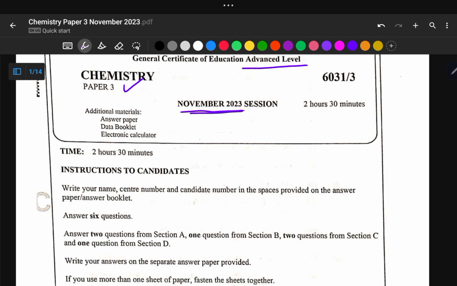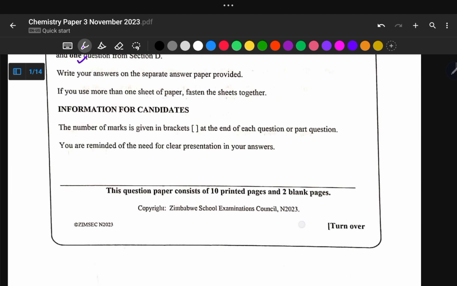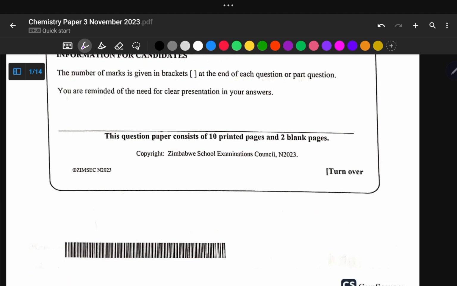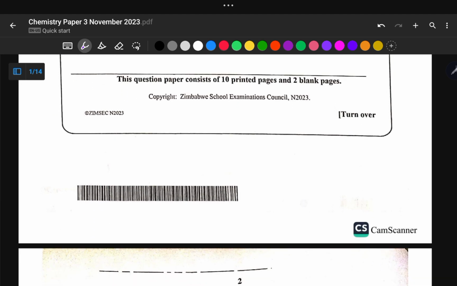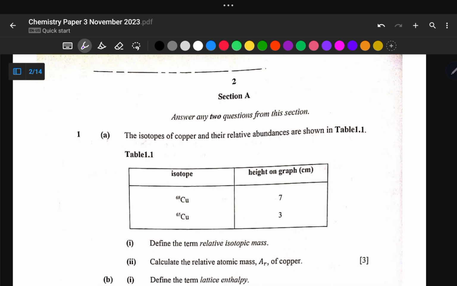If you're doing ZIMSEC, you need to understand these instructions to candidates. In this paper, you are required to answer 6 questions: 2 from section A, which is the physical section, 1 from section B, which is the inorganic, and 2 from section C, which is the organic, and lastly we have section D, the options. We are now diving into the first part of the question, and I hope you have done this paper already before watching this video, so that you can make use of this session to assess yourself. So for section A,